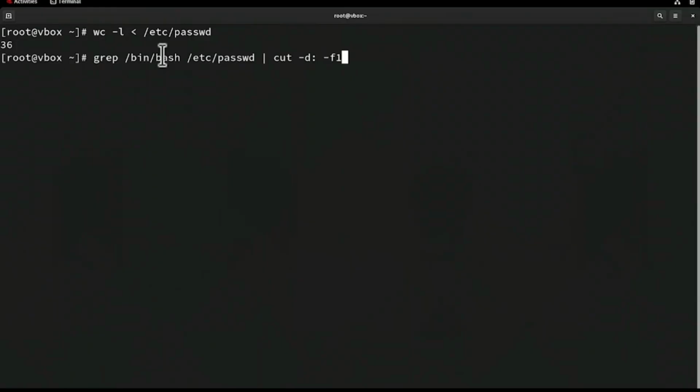grep /bin/bash /etc/passwd filters all lines in the passwd file that contain /bin/bash, which usually identifies users with login access. The pipe symbol takes the output of the first command and sends it as input to the next. cut -d: -f1 splits each line by the colon and displays only the first field, which is the username. Press enter. In the output, you can see usernames like root and john. These are the users with /bin/bash as their login shell. And with that, we've successfully covered how to use wildcard-based file name matching and apply input-output redirection to control and